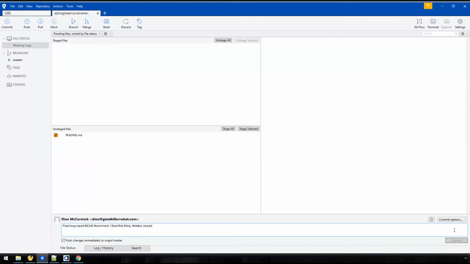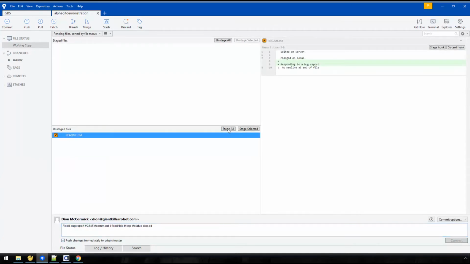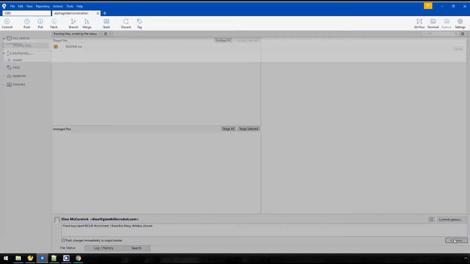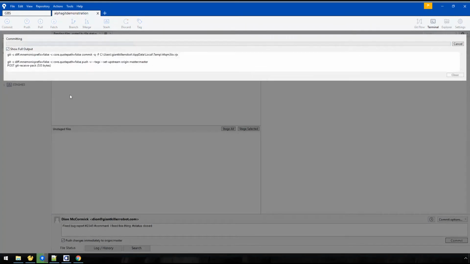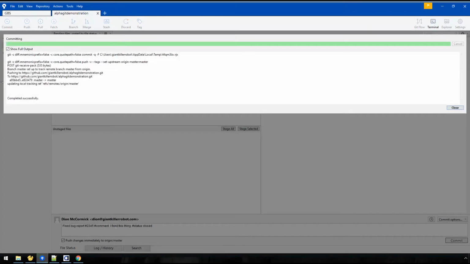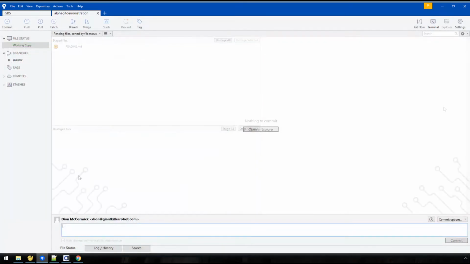And boom, now just by committing this, and I'm going to go ahead and stage that, when I commit here, it's not only committing it into my source control, but it's updating my ticket system with all the system, GitHub. Like in Atlassian, if you use Bitbucket, which are repositories by Atlassian, you can connect those repositories to